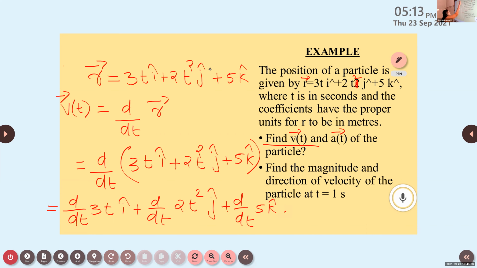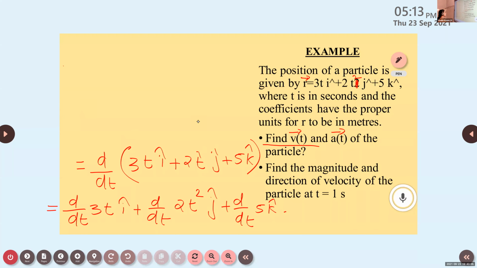So d by dt of 3t: here 3 is a constant, so take it outside. It becomes 3 into dt by dt i cap